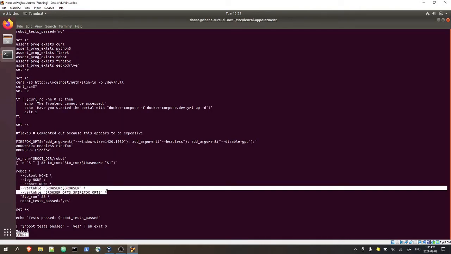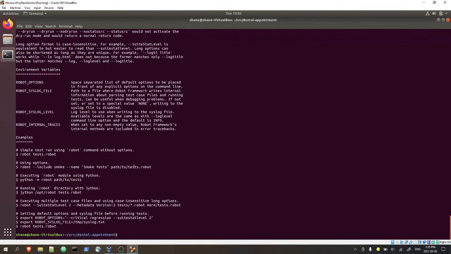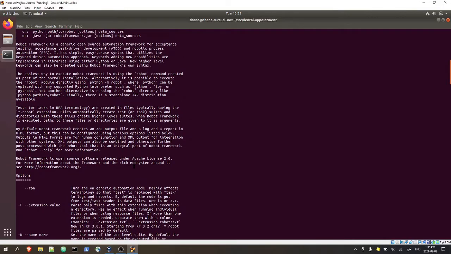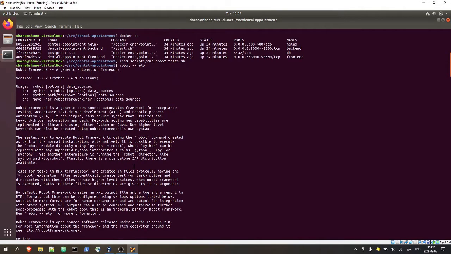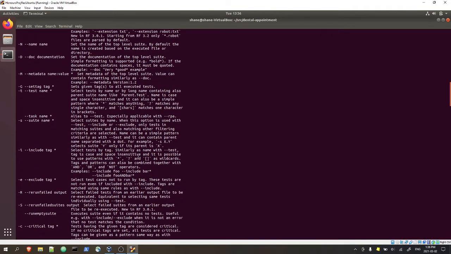There are arguments for setting variables, and arguments for using variable files and so on. For more details you can look at robot --help or look at the online resources and documentation for Robot. I just want to quickly draw attention to